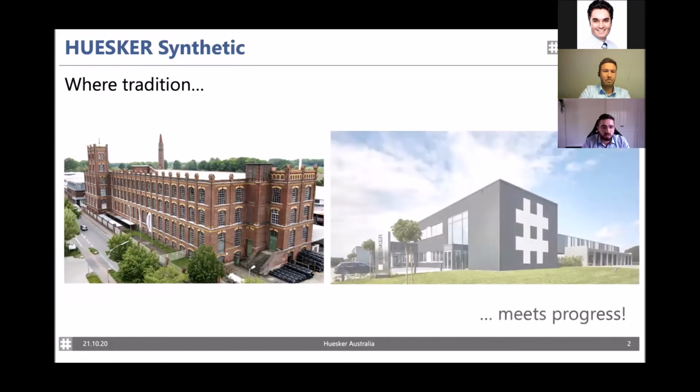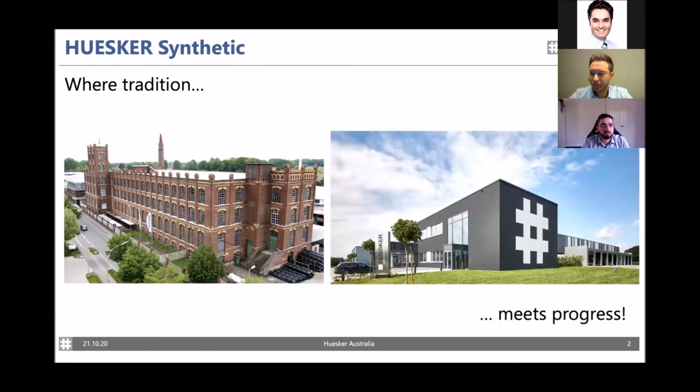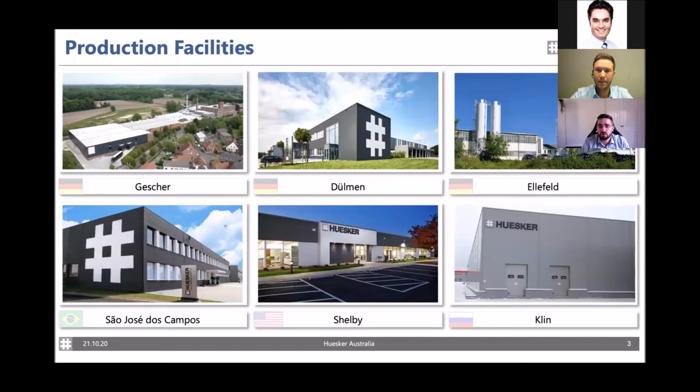Hisca started more than 150 years ago as a cotton lining producer, and obviously evolved a lot to become one of the most recognized companies for geosynthetics around the world, where the majority of our products is produced here in Germany in 3 manufacturers, but we also have 3 other plants around the world, in Brazil, United States, and Russia. The majority of the products is produced in Germany, but we also have some particular products that we can produce